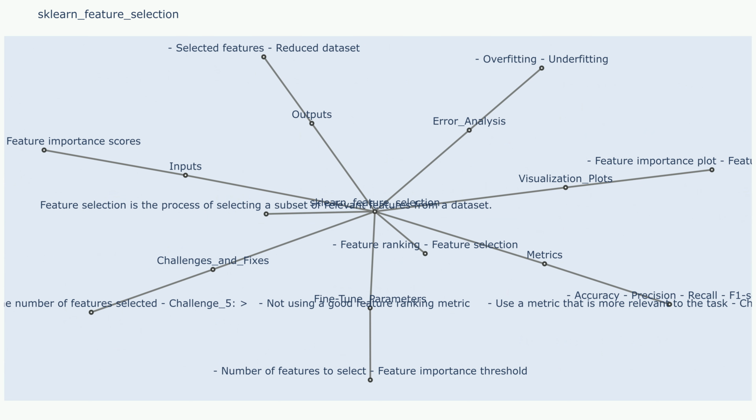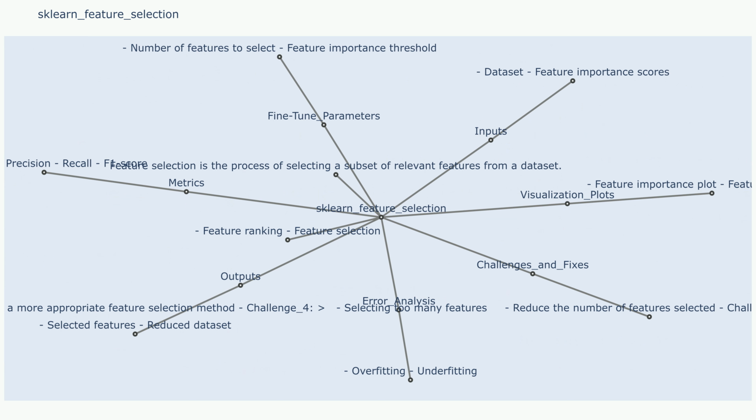Visualization plots: feature importance plot visualizes the importance scores of each feature, allowing for easy identification of the most relevant features. Correlation matrix plot shows the correlation between different features, which can help identify redundant features. Fine-tune parameters: